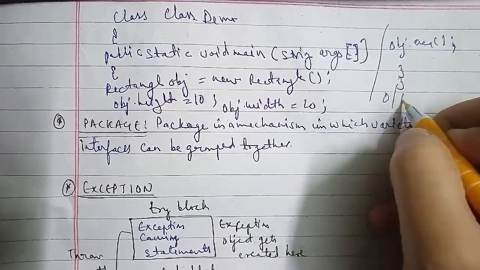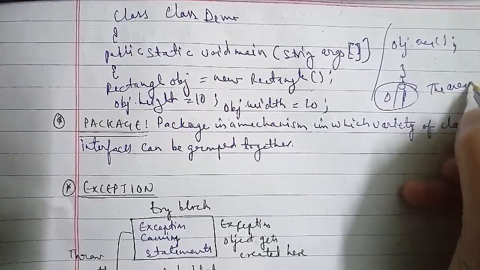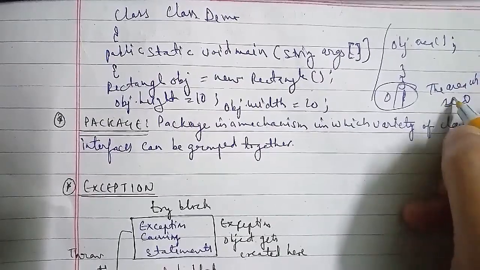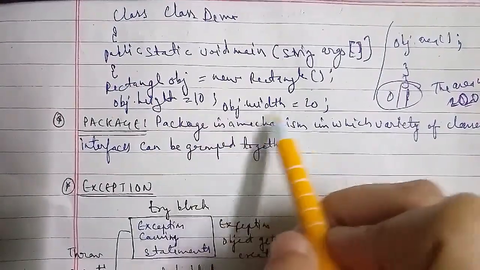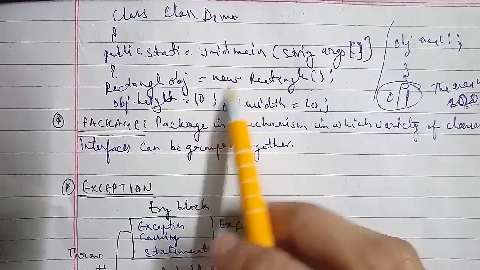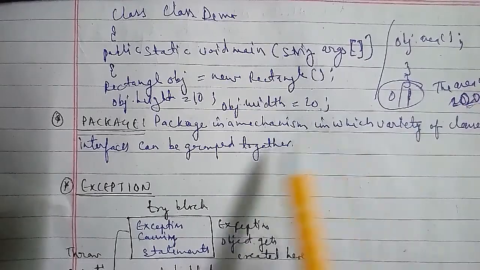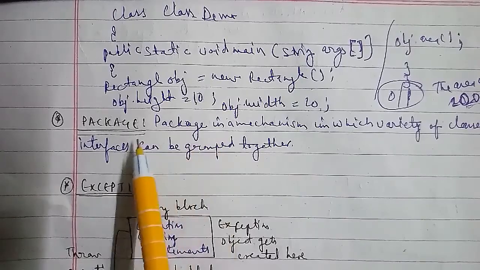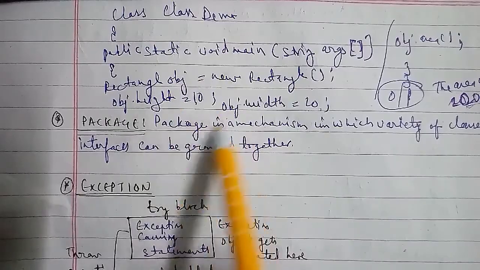Now we'll talk about the package here. Before starting with the package, we have to know about inheritance, that is also important. Explain the concept of inheritance in Java, which they had asked in the question paper. In Java, inheritance means that a derived class borrows some properties of the base class. At the same time, the derived class may have some additional properties as well. The class which is inherited is called the base class or superclass, and the class that does the inheriting is called a derived class or a subclass.